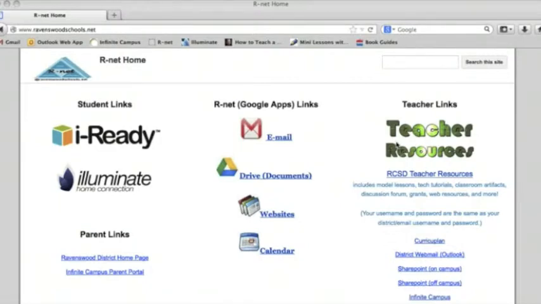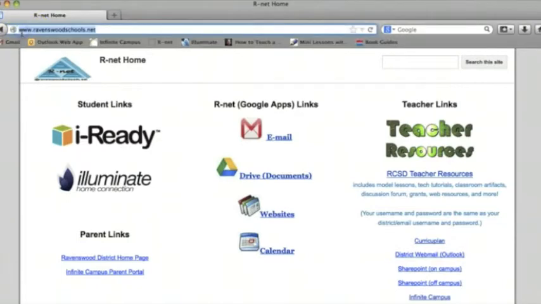The first thing you're going to do after you log into your computer is to open up an internet browser. You can either use Internet Explorer or Google Chrome. This is the first page that will show up, and it is www.ravenswoodschools.net. If you are on a school computer, this page comes up automatically, so you don't need to worry. However, if you're at home, you simply need to just type this address into the bar and it will take